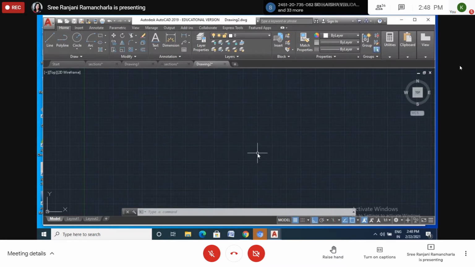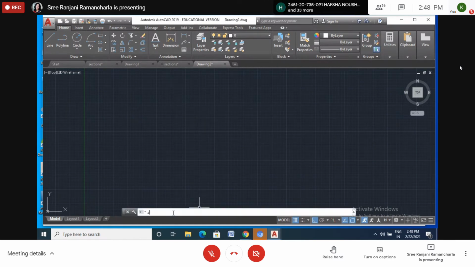Our paper is somewhere on the table. The table size is very big, like 3 by 4 feet, and our paper is somewhere in some corner. Now what we have to do? We have to bring that drawing sheet in front of us. Then we give the zoom command.